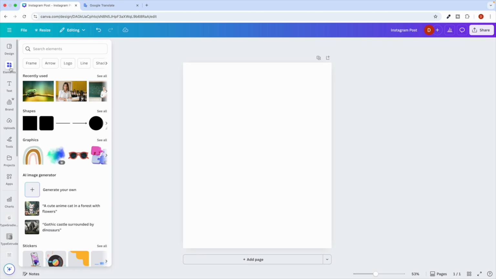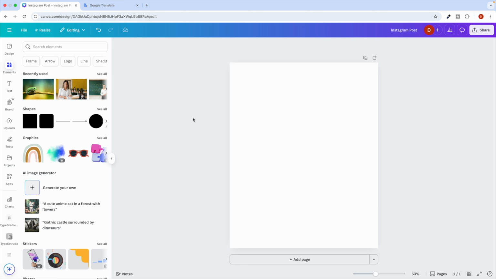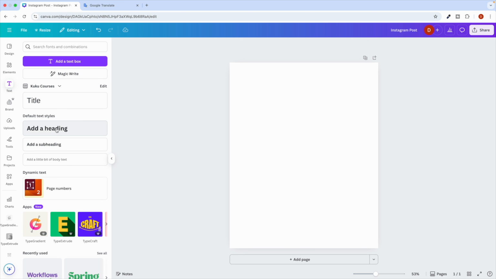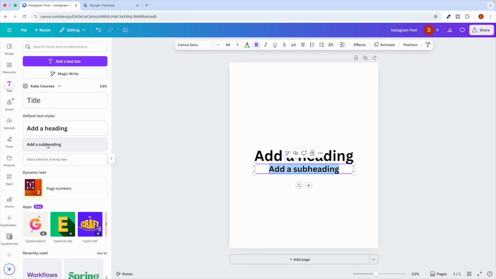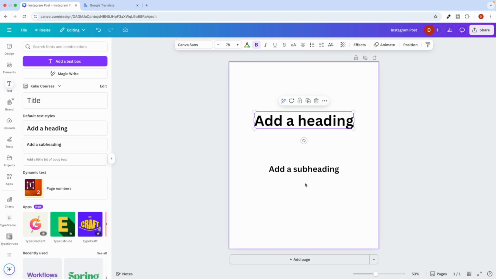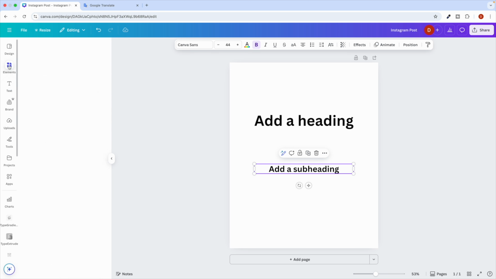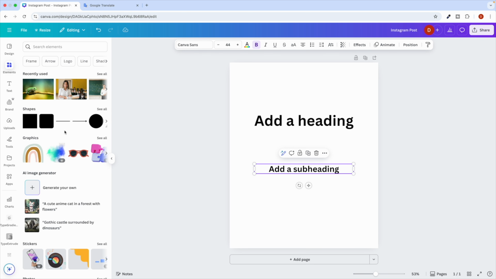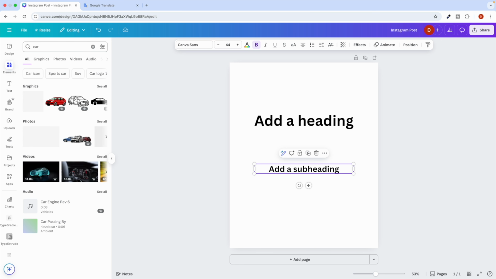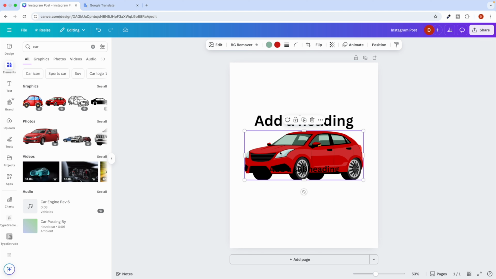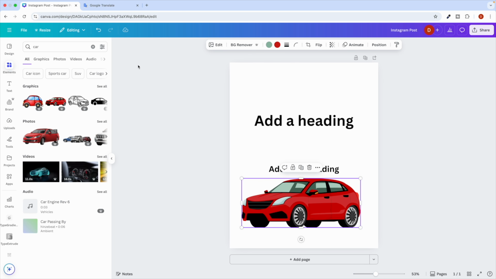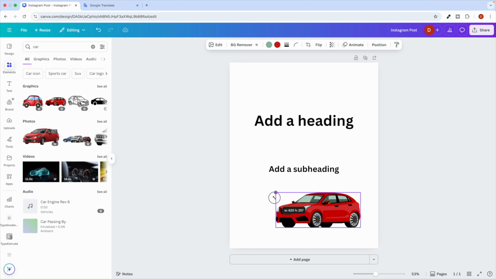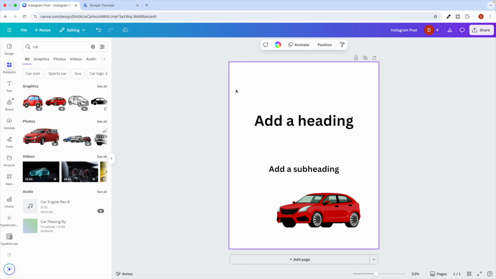So the very first thing is that you can just see the Canva, and here you can see various things like text. Once you select on it, and let's say you select one more text, now whatever elements you add over here, or let's say you go with the elements, we are going to talk about the elements. Let's say I just search for, let's say, car, something like this. And if I select this car, by the way, when you put any particular element, so now my dear friends, you can see that first is if you tap on the